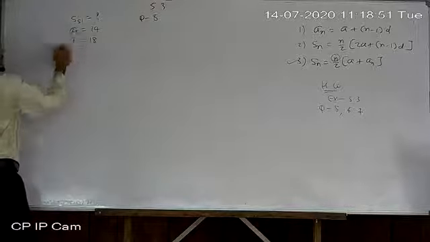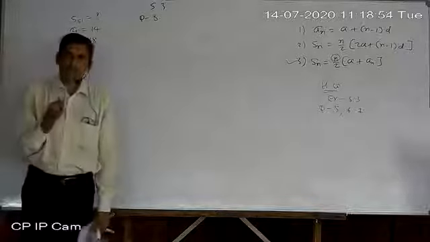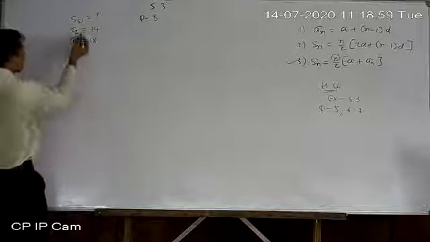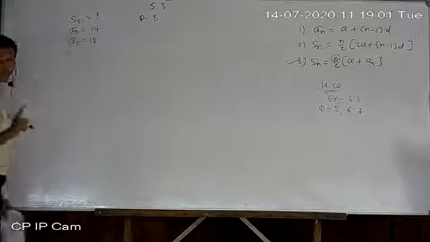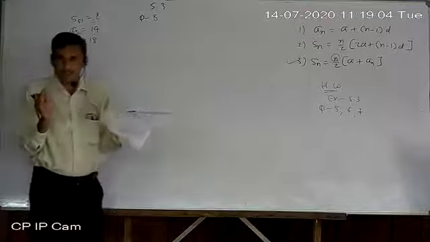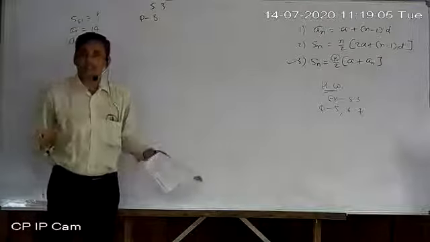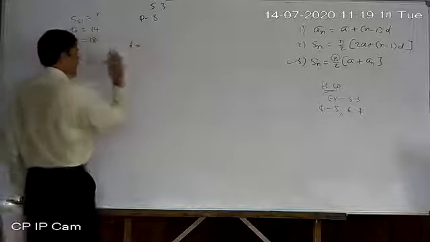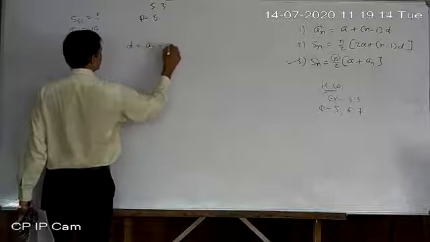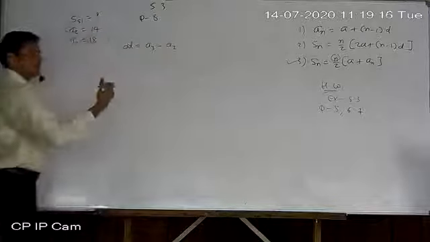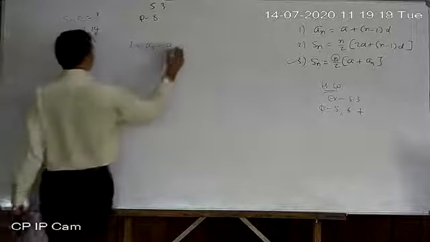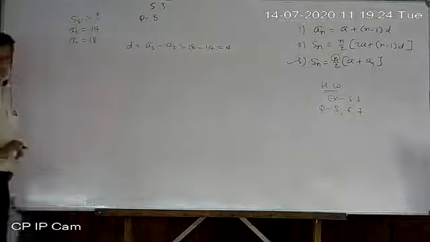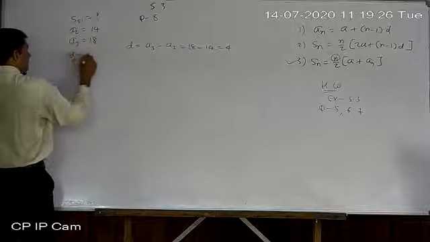Okay. So now if 2 terms are given, we can find 2 equations and then it can be solved. But now 2 consecutive terms are given. If 2 consecutive terms are given, then you can find D very easily. So don't try to solve 2 equations. Directly write down D first of all. Why? Consecutive 2 terms are given. So it will be 18 minus 14 equal to 4. So we got D equal to 4. If you want, write it down here.